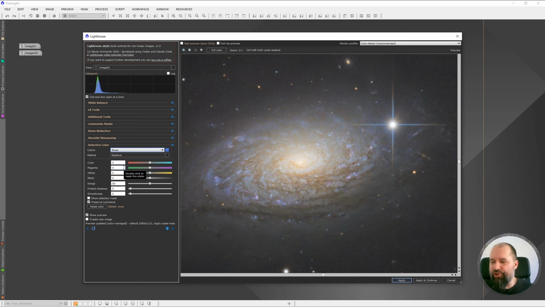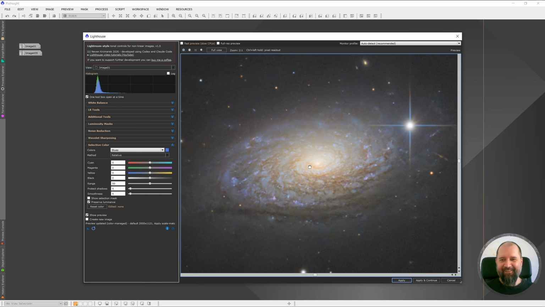I want some jazz. Okay, and now play with the sliders. Don't think what you want, just play with it and see what happens. Let's introduce red into the blues. What happens? They go a bit magenta. I don't like that. If we introduce some cyan, you see the star goes, the diffraction goes into cyan mode,